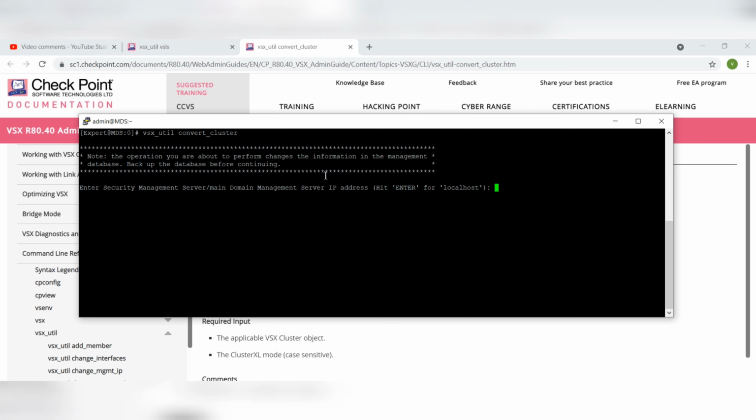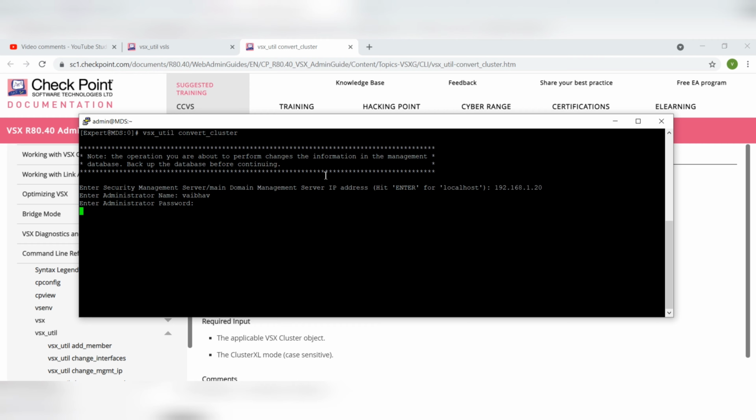Here, enter the security management server or multi-domain management server IP address. Always enter your SMS IP address or domain IP address. So I am entering 192.168.1.20 and your SmartConsole username and password, not the GUI username and password.